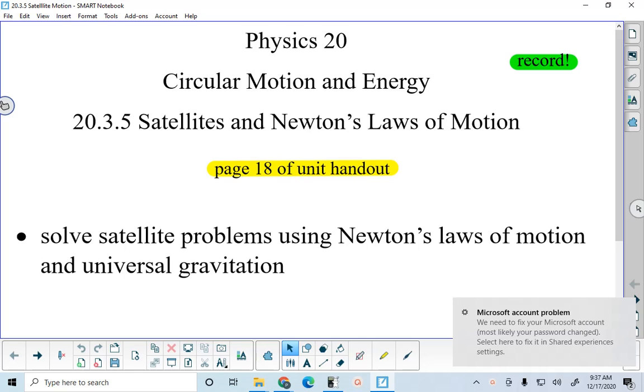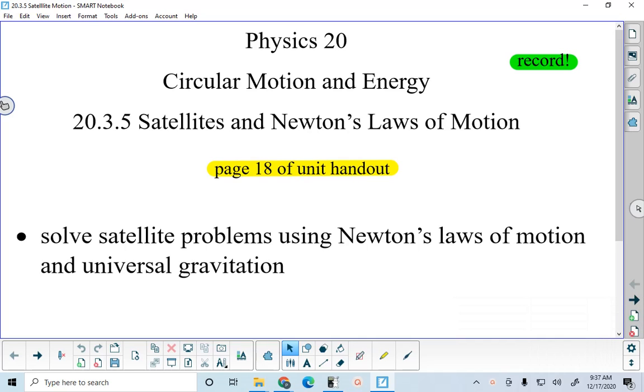And the physics principles behind this lesson are very important for Physics 30. Not everything we study in Physics 20 is really that important in terms of Physics 30, but this is. We don't study satellite motion in Physics 30, but we study something different that's connected to it. So we're going to be solving satellite problems using Newton's laws of motion and universal gravitation, which Newton is also